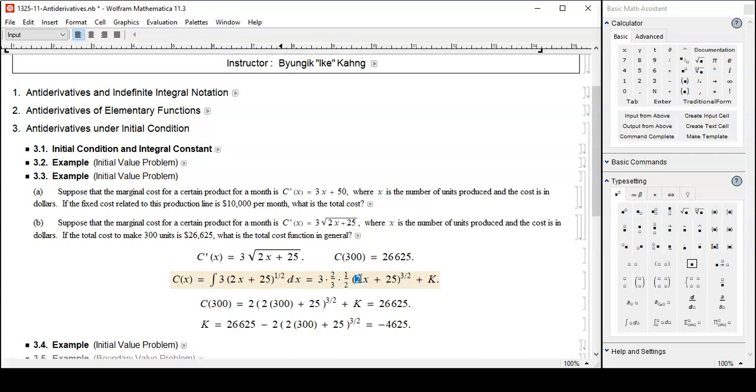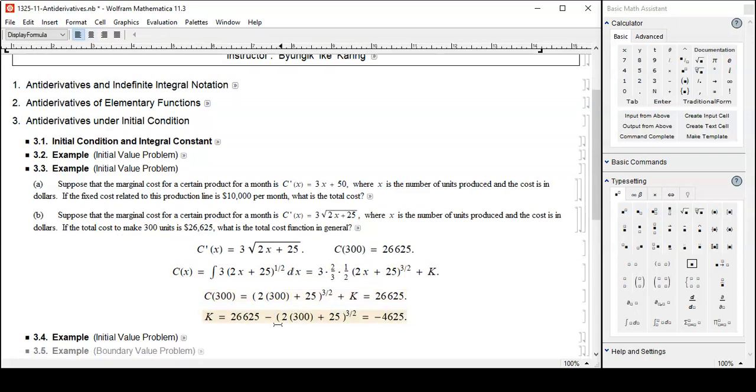I have to undo the chain rule. 1/a, that's what I forgot. So 3 cancels out, 2 cancels out. So this is just 1, and this computation is,